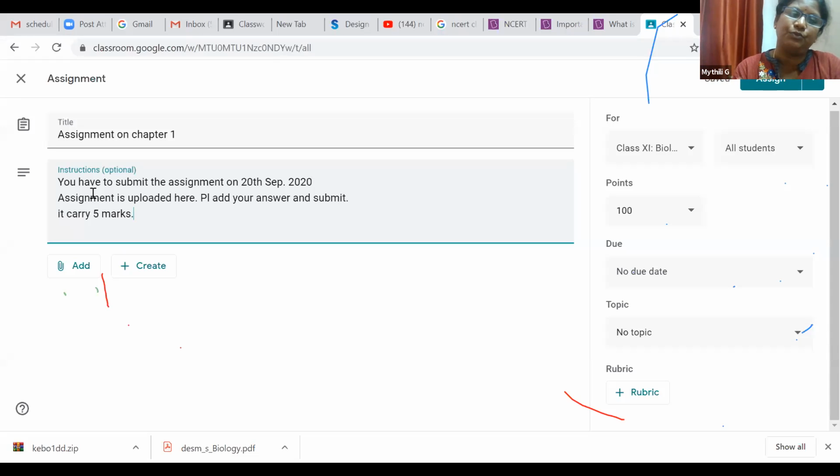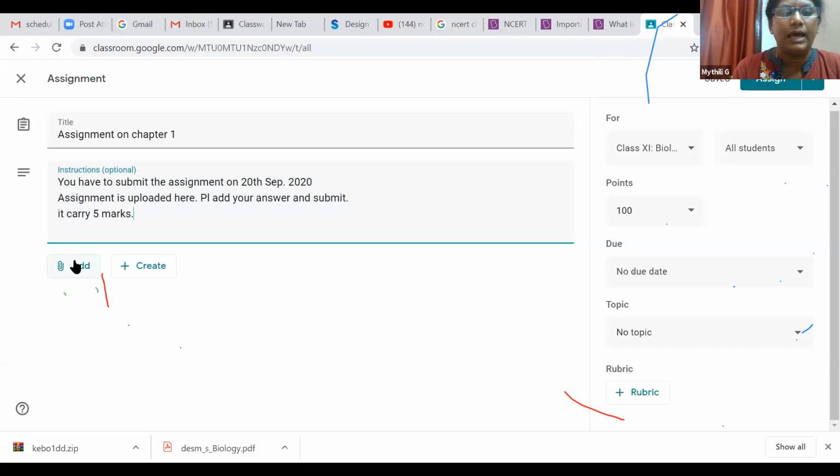Whatever instruction you want to give the student, you give it here, so that they may not ask you again and again what they have to do. Clear information should go to the student.